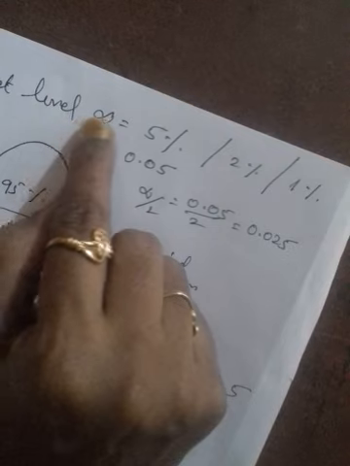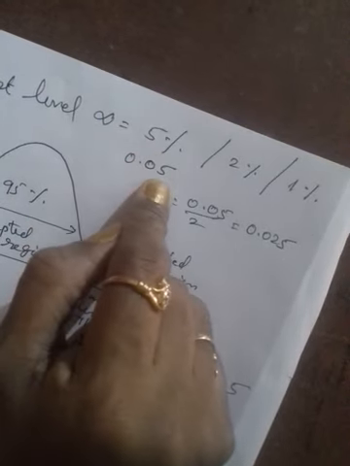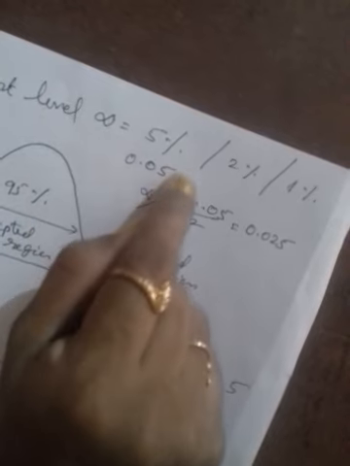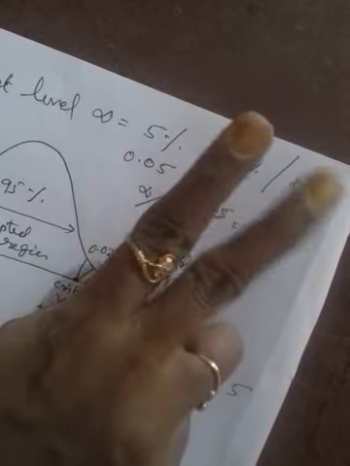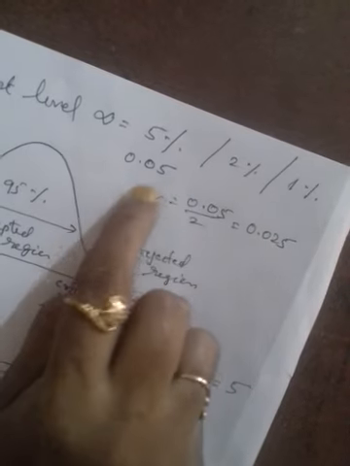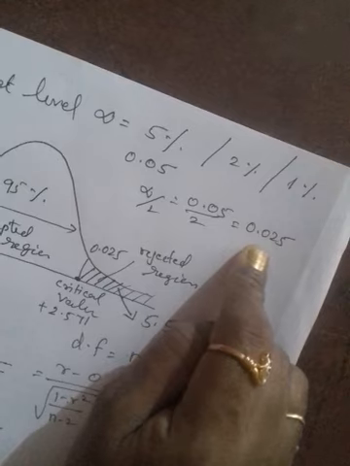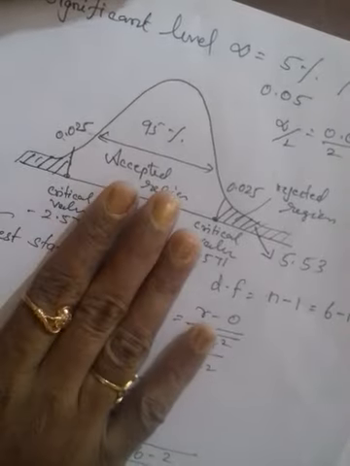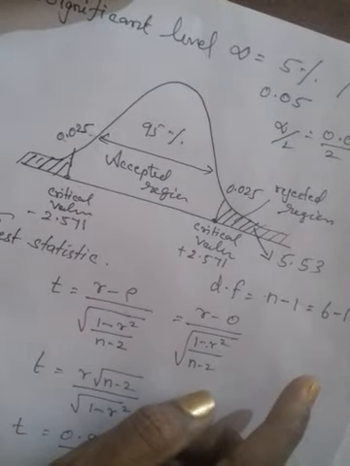Now alpha is equal to 5%, isn't it? 5% in the sense 0.05. Divide this 5% level of significance by 2 because we are going to take a two-tailed test. So alpha by 2, you will get 0.025. Since our data was taken from normally distributed data,